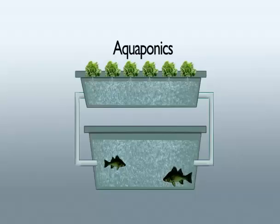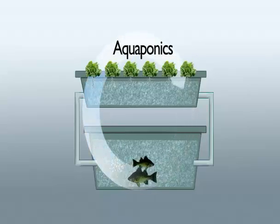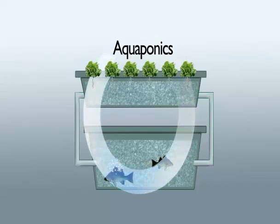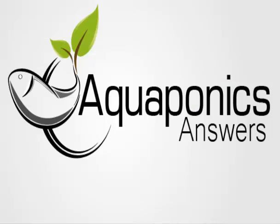But in aquaponics we don't have those problems, because we can continuously, never-endingly recirculate the water, because the water comes from the fish tank, nutrient rich. Those nutrients are converted by good bacteria to nutrients that the plants can use. The plants consume the nutrients and the water is returned to the fish tank clean for the fish to use it again. So it's a closed loop system, and that must be understood from day one, and that's what makes